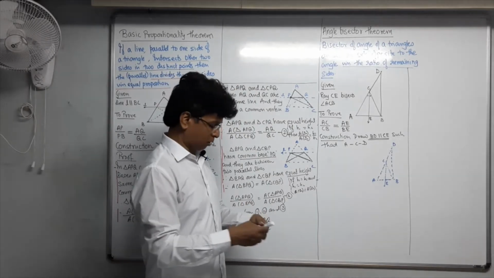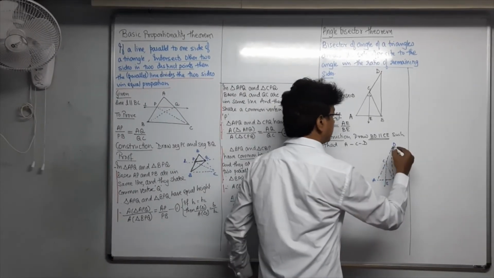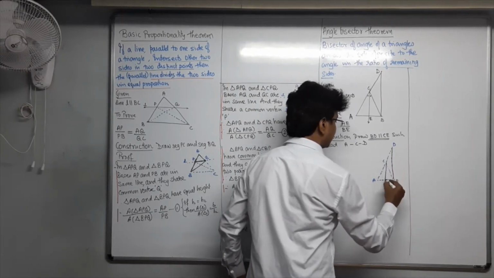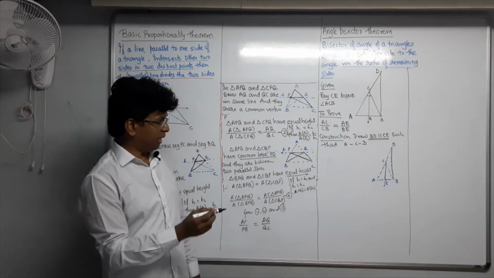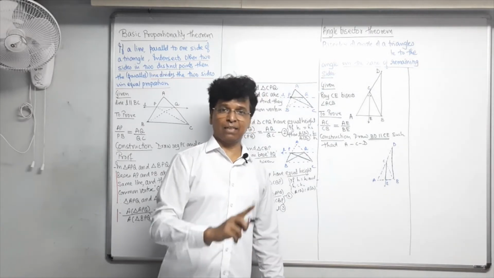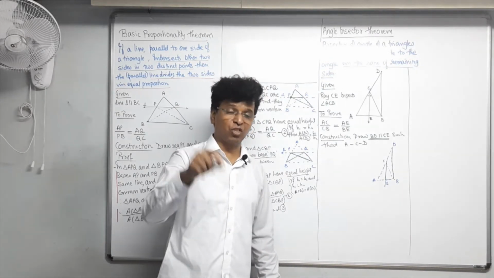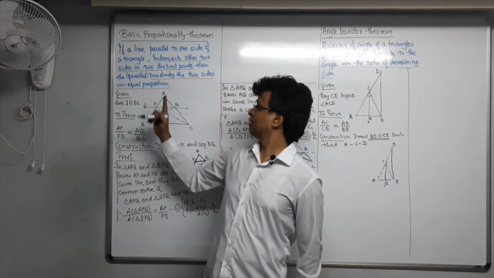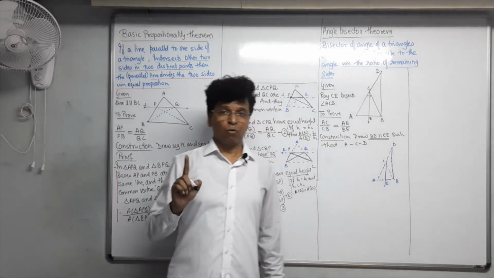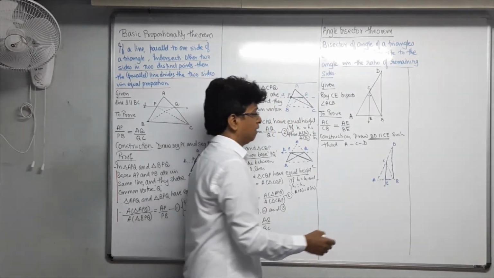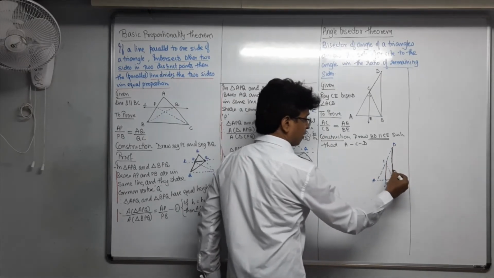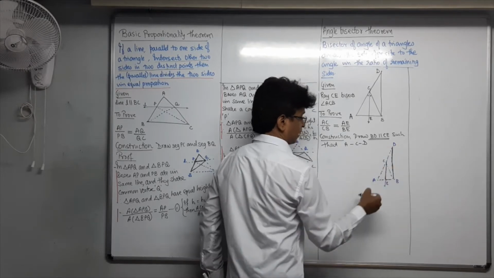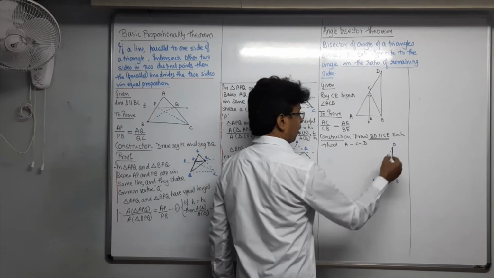Now, what is there? You have got BD is parallel to CE. This is your BD parallel to CE. This makes you think what? If I think about applying BPT, this will be applicable in which triangle? See, BD parallel to CE, like PQ parallel to BC, a line parallel to a side of a triangle. So BD has to be the side of the triangle, and this is the line parallel to the side which cuts the two sides of the triangle at different points. So this will be the triangle.